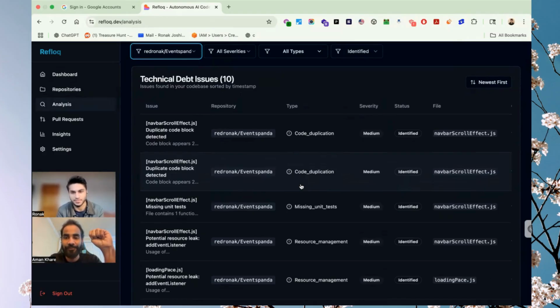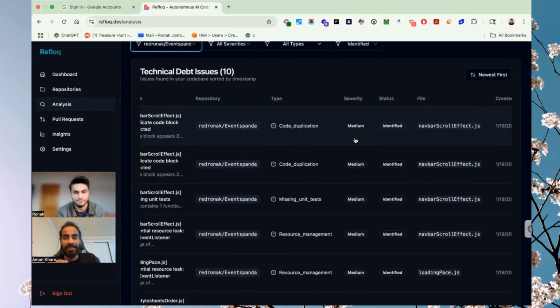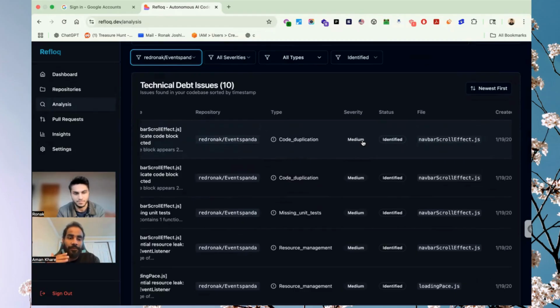Yeah, absolutely. Do we want to now go ahead and look at each of these? So I think it starts with code duplication. It gets very clear in the pull request itself. Here, it just provides you some metadata. For example, some navbar scroll effects.js file has code duplication, which it identified. This missing unit test in the same file. So see, assuming this code base has, let's say, 400, 500 files, it can only analyze a few initially, and then it takes time to